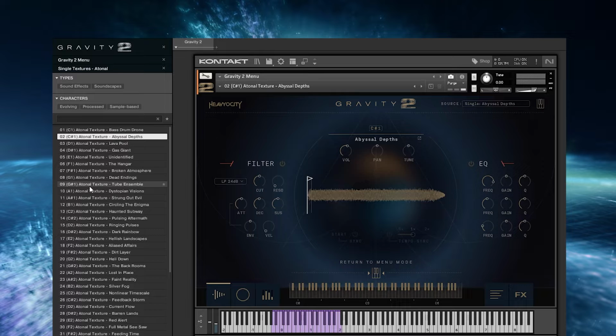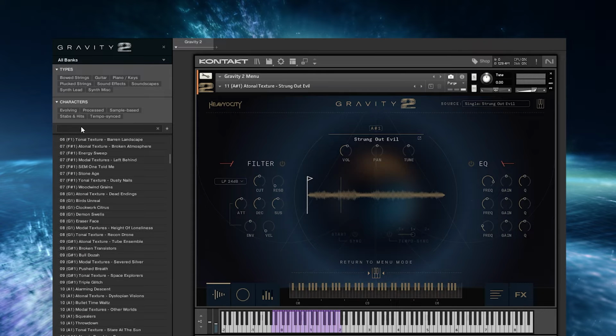So abyssal depths. These sound amazing. So let's just take one, the hanger. Now, if I just go back to all and type the hanger,